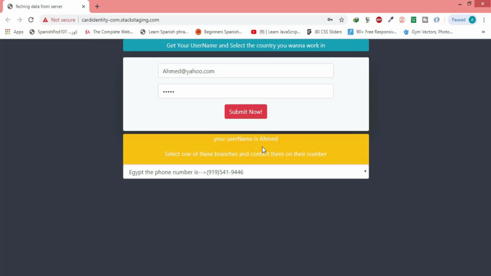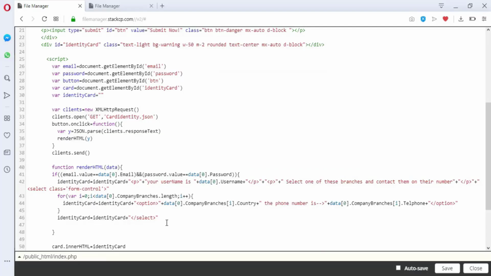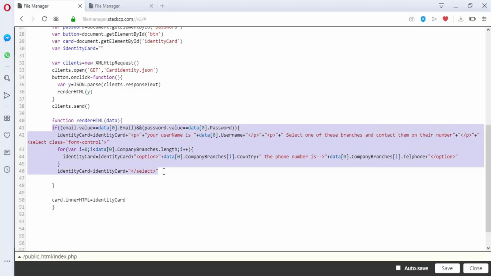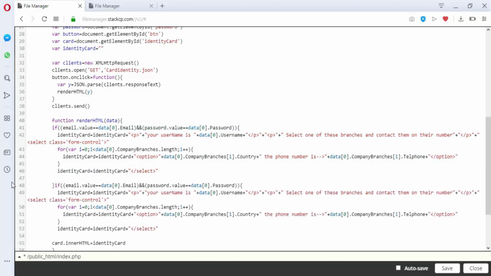Nice. So like what we have done for the first object, we will repeat it for the other objects. So the same thing, but this time with else if. So here, let me copy this one and paste it but it should be else if, and change the data from 0 to 1, and here too,